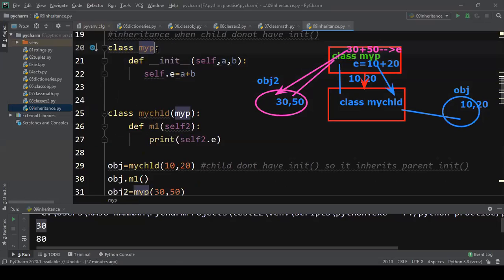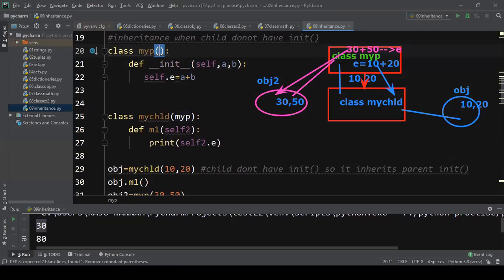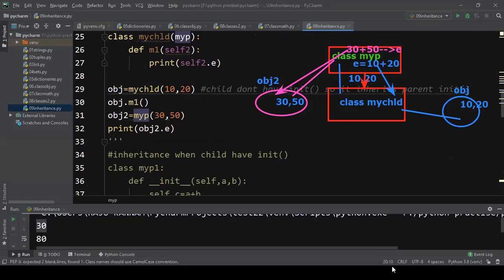If it wants to access the functionality of that class, we should mention my child in the bracket. But we are not mentioning anything in the bracket now. That's the reason we cannot do that. So in that case, you have to use this function, the child class functionality.